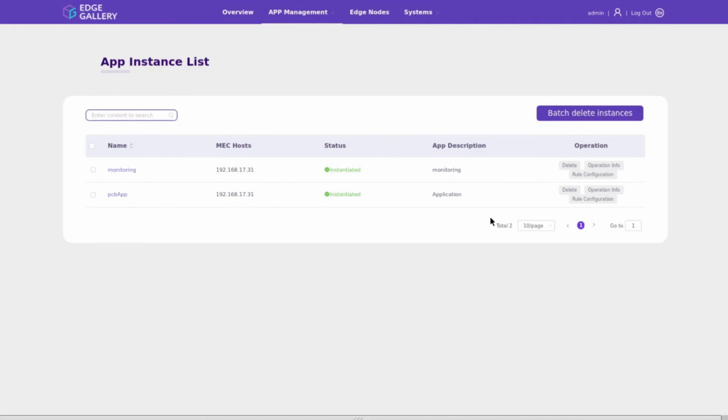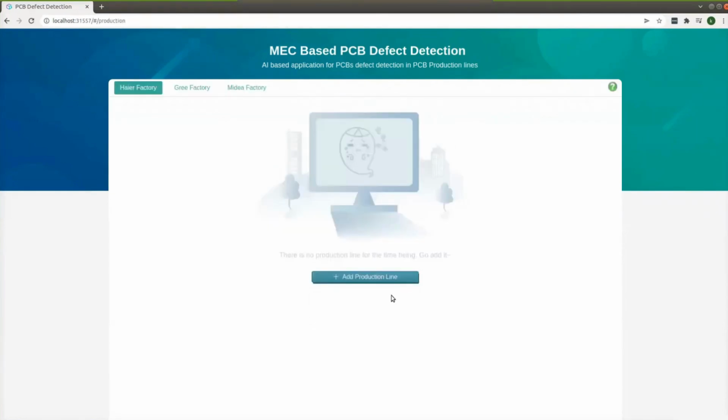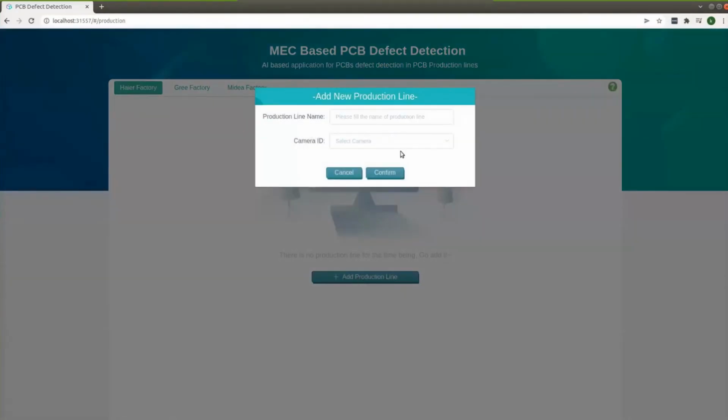We will now proceed with PCB application demonstration. This is deployed PCB application. It is an AI-based application for PCB defect detection in PCB production line. User can select one of the pre-configured factory. User can add a production line for this factory,